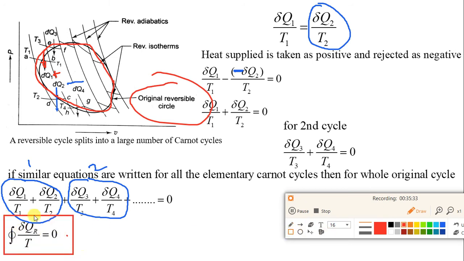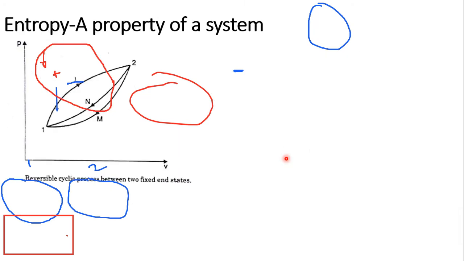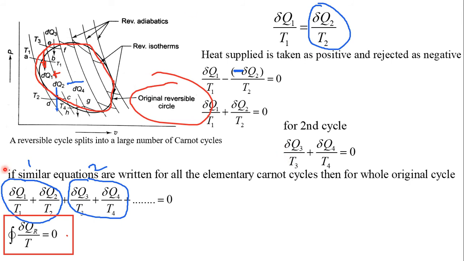Okay, this equation is very important. Which equation is this? Clausius theorem. Very important equation, Clausius theorem. Many times this derivation is asked. So what is the meaning of this Clausius theorem? That also you have to understand. Okay, so the meaning of this is cyclic integral of del QR by T is equal to 0. We had already seen this before also, but which topic does it come under? Clausius theorem.